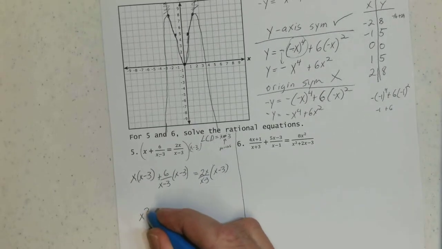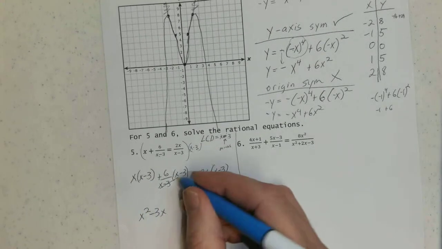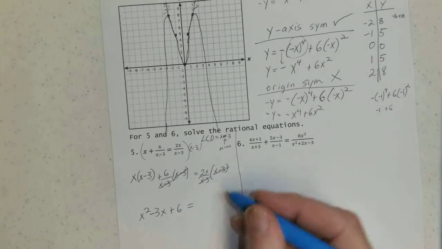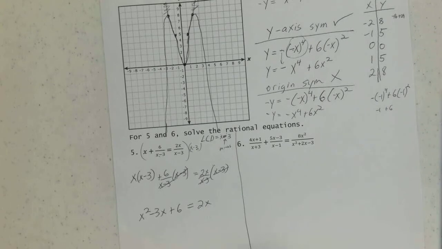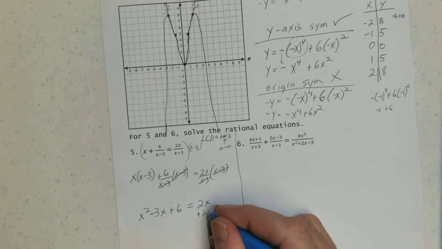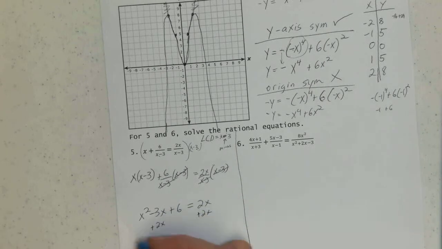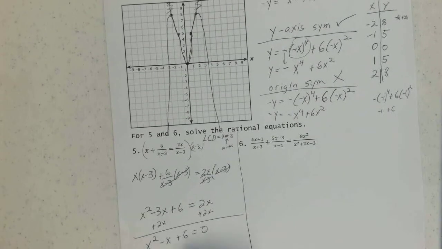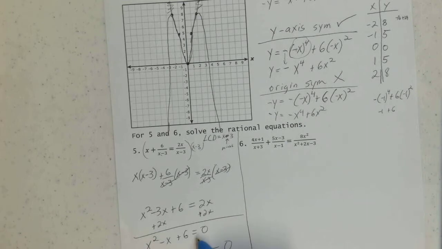We got x squared minus 3x plus 6. Those cancel, equals 2x. I'm going to add 2x to both sides. I got x squared minus x plus 6 equals 0. And I'm going to use factoring to do this, because I know, wait, 2 times 3,